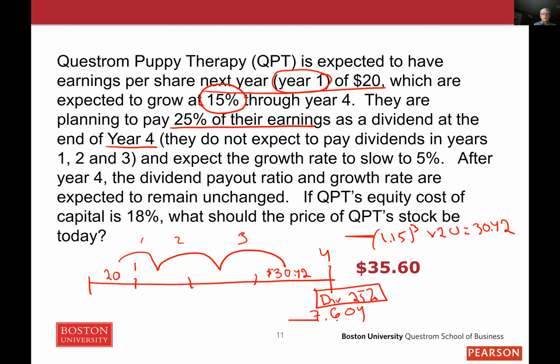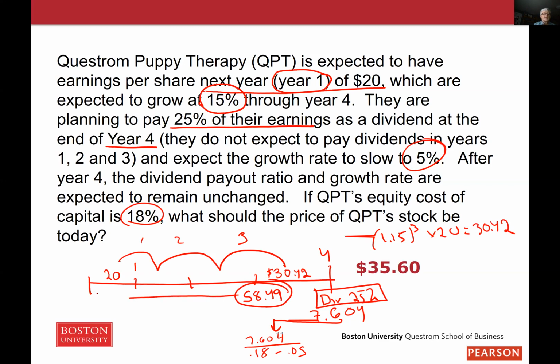So now what we're going to do is take that time 4 dividend and bring it back to time 3. 7.604 divided by R minus G, because the growth rate slowed to 5%. So the value at year 3 is going to be $58.49. And we're going to take that number